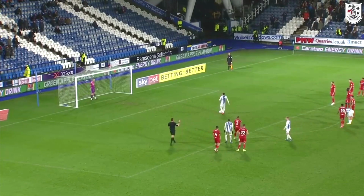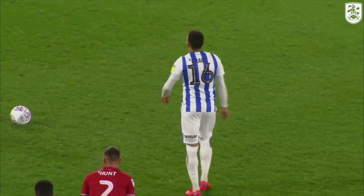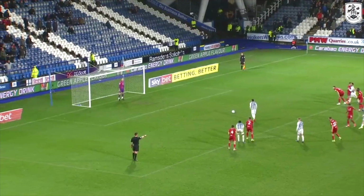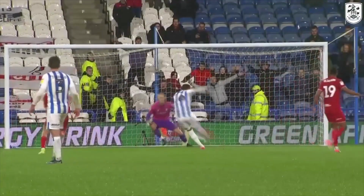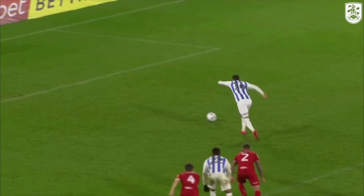But Bristol City are having a very bad night, and it could get worse because Carlin Grant is about to strike from the penalty spot in front of the Cowshed Loyal. Grant against Daniel Bentley, right-footed into the bottom corner. Scruffy penalty by Carlin Grant, which the keeper nearly got, but it counts, and it's 2-0 Huddersfield Town against Bristol